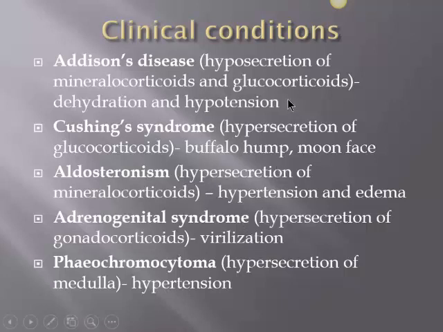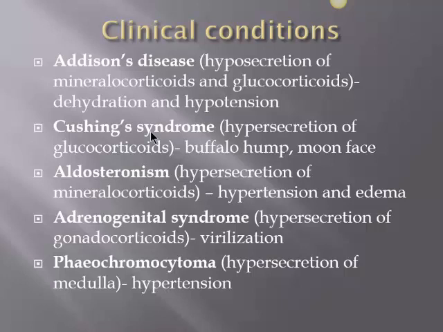A loss of glucocorticoids means immune response would be depressed, they would be prone to infections and so on, okay? One of the main features in this is that because the mineralocorticoids are not present, they have dehydration and hypotension. Second condition is something known as Cushing's syndrome or Cushing's disease, where there is